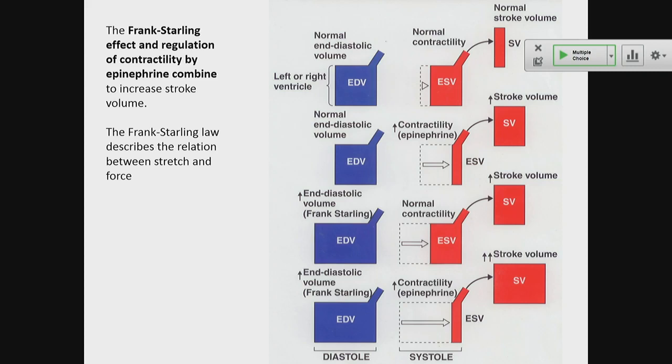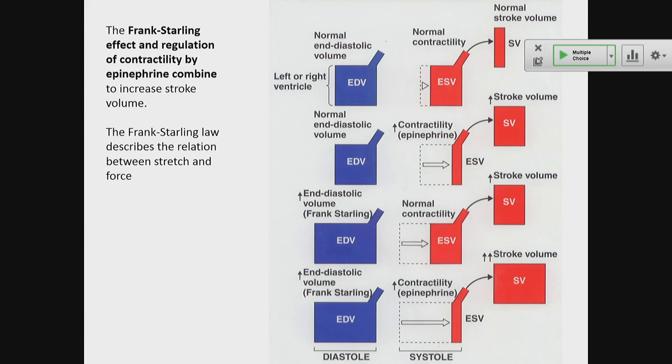If there's more blood returning to the heart, you also want to increase your stroke volume so the blood doesn't back up on the venous side, okay? So if there's more blood returning, you also need to increase stroke volume. And there's a passive process that is called the Frank-Starling law. In this process, when the heart gets passively stretched by incoming blood, the strength of the contraction actually increases, okay?